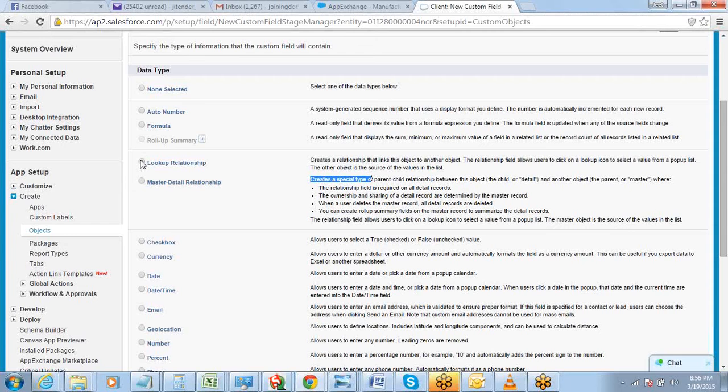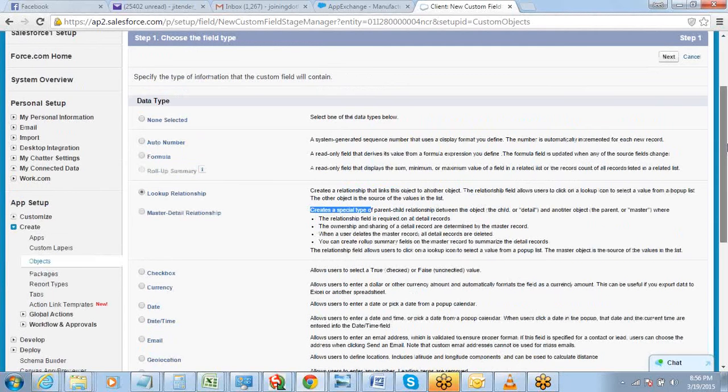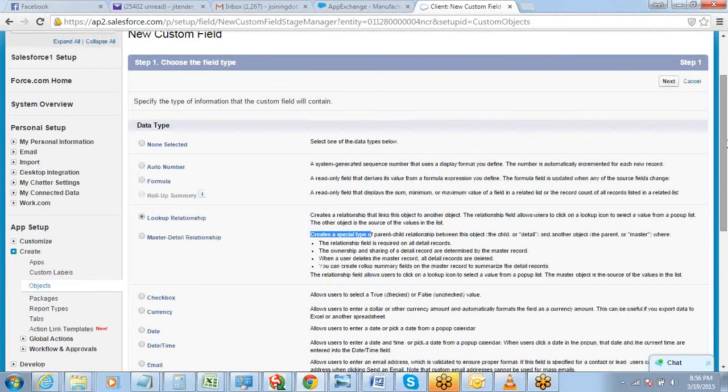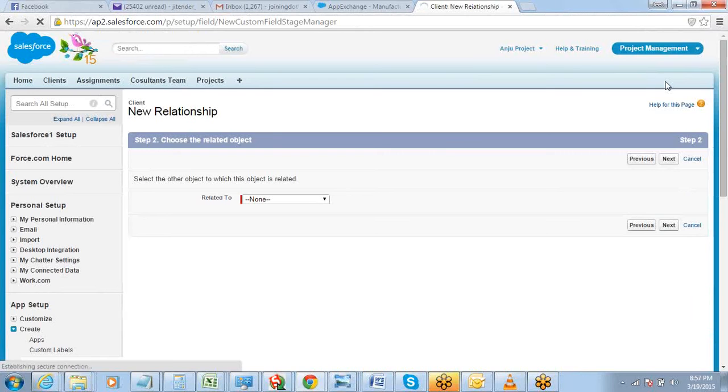For you at this point of time, there's just one type of relationship, which is lookup. So just work on that. It has a few additional attributes which are very easy to understand. So first of all, let's see what a relationship field is and how it is created. You select the data type as lookup relationship, go to next. This field should be used for connecting to another object, right? What other object?